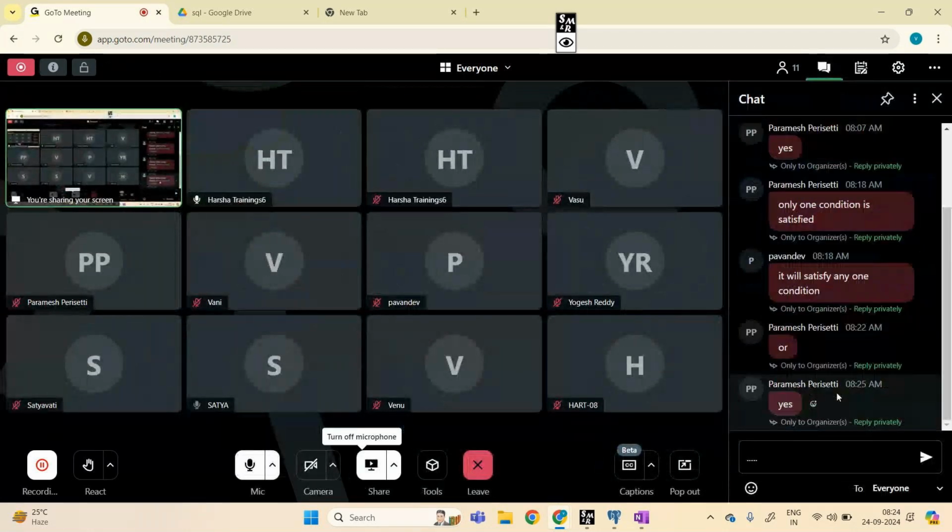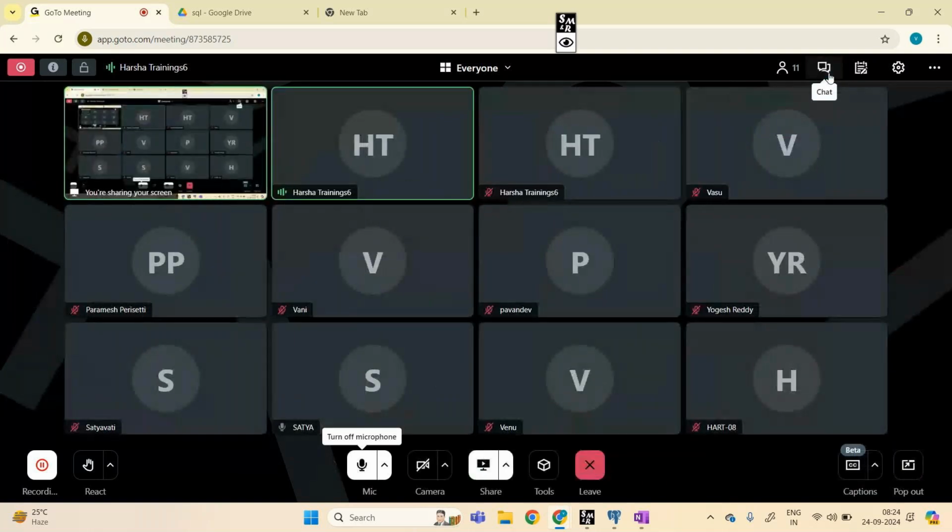Okay. In OR, one condition satisfied is enough and it returns. But in the AND part, two conditions have to be satisfied. Suppose we have two columns with matching criteria, meaning both columns have to match, then we have to use AND. If we are okay with one condition being satisfied, we can go with the OR part. Okay, let's now go with the